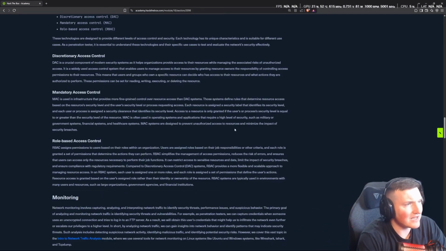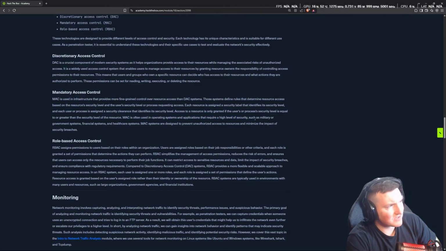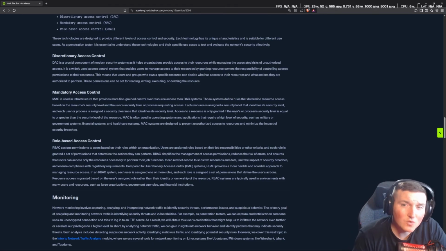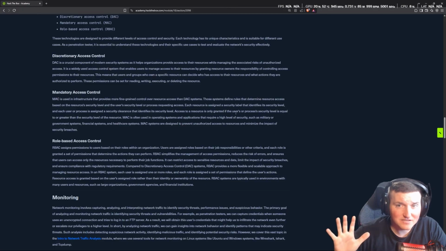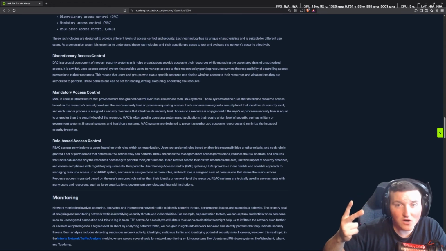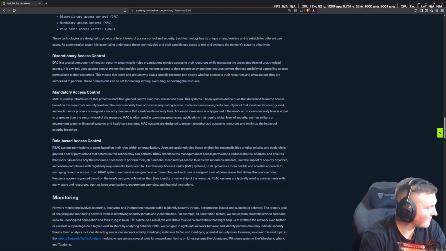So the way to think of that is like this. It says MAC is often used in operating systems and applications that require a high level of security, such as military and government systems. So an example would be, hey, you can't talk to my network at all unless you have the IP that I'm looking for, the MAC address I'm looking for, an EDR solution that I'm looking for, all these things. You have to check these boxes. And if you do that,